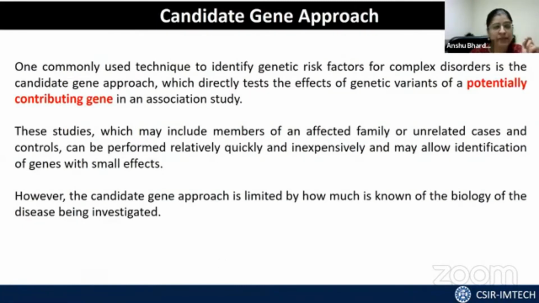Say, for example, you are interested to identify a genetic risk factor for a particular disease condition, which is a complex disease. And you now need to know what are the genes contributing to this phenotype so that you can now look at the variation in those genes. Now, this mostly is done within family members, or it can also be unrelated cases. But the point is you need to have some estimate of what kind of biological components might be involved.